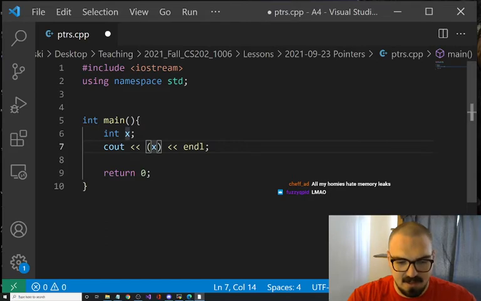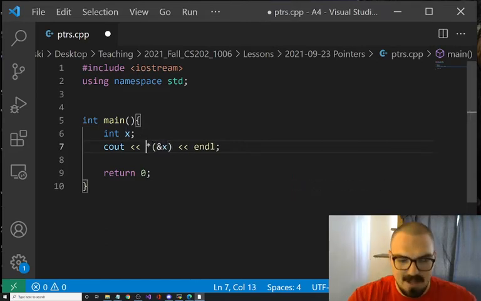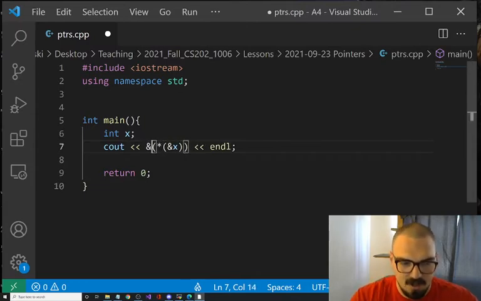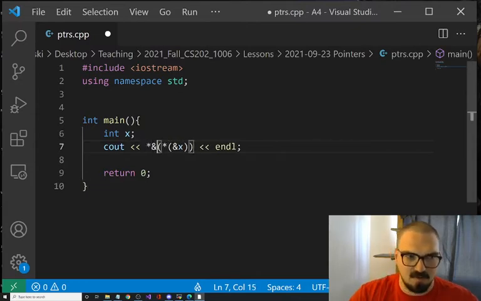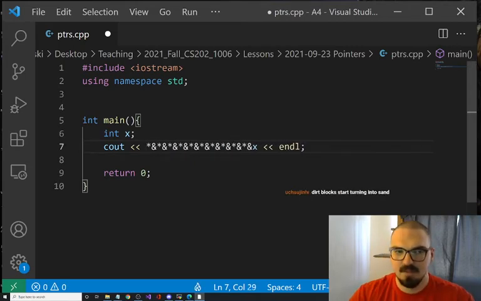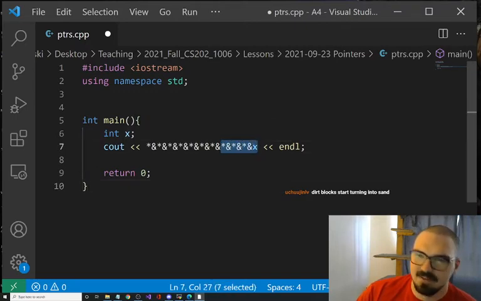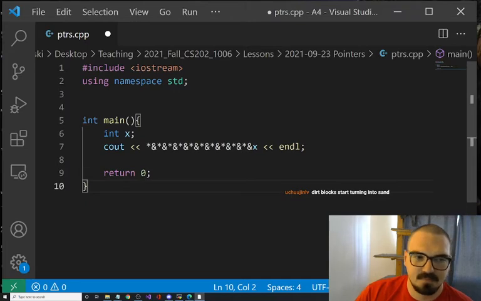So obviously, I'm just going to repeat what I said. This doesn't make much sense, right? And in fact, if you're just completely evil, you can repeatedly do this over and over again. In fact, I don't even think you need the parentheses. I just do that to show you. I can get the address, dereference it, get the address, dereference, and so forth. Okay, so that's just some basic address stuff.